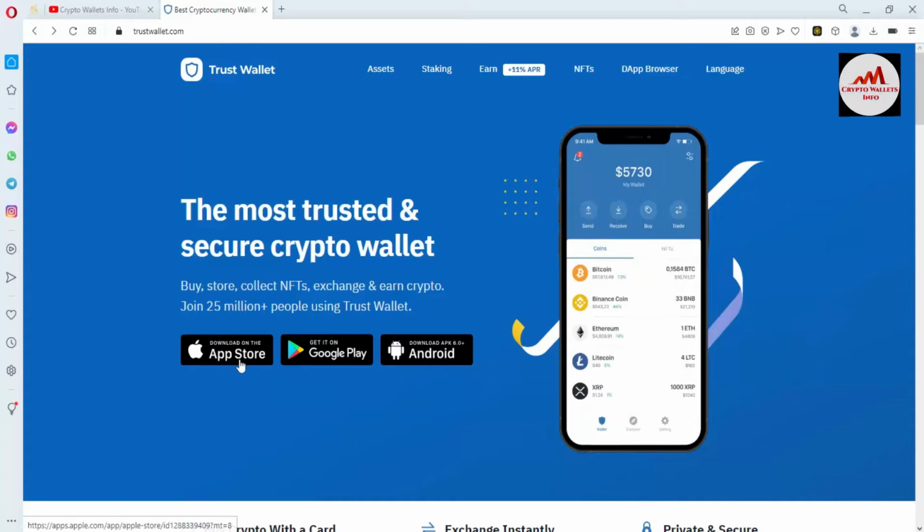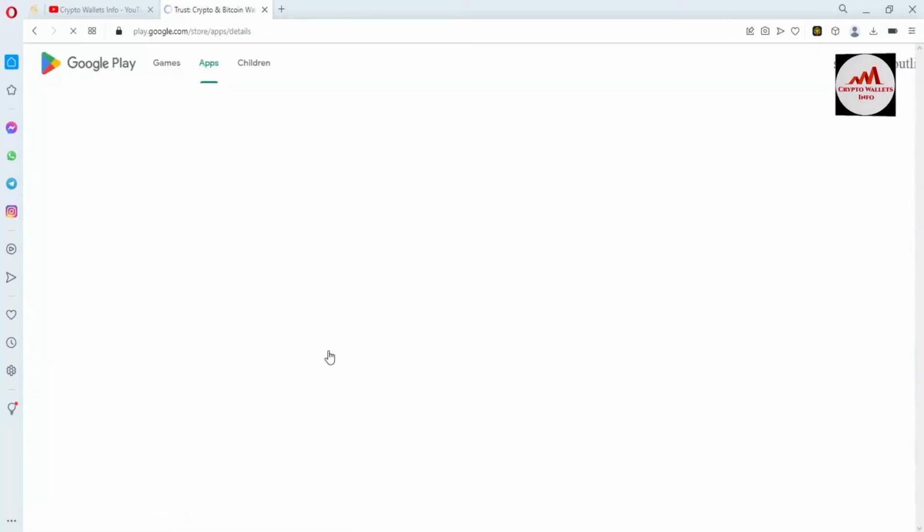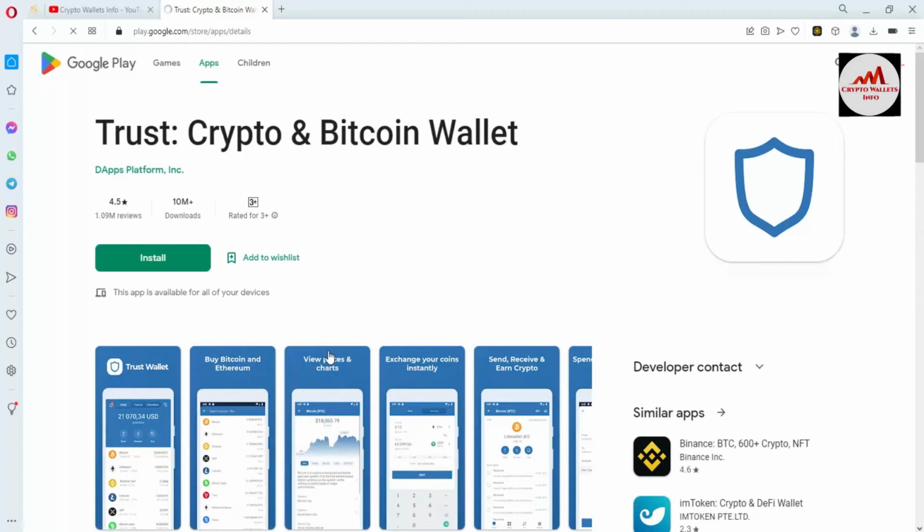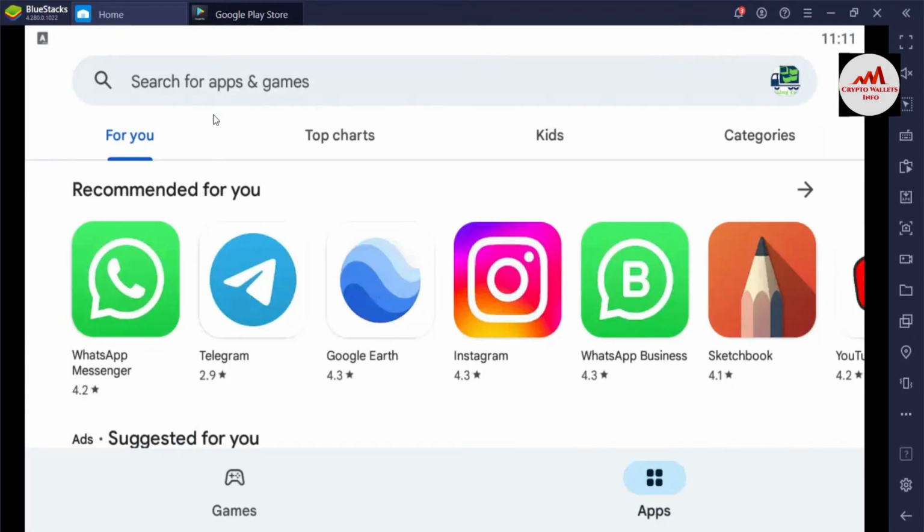Simple, go and click on the application you are going to use. Let's suppose I have a mobile, so I need to use the second option, Google Play. Simply click on it, and then the install option. I have already installed BlueStacks for the mobile version, so I directly open BlueStacks. You can see here in your mobile the interface will be shown in front of you like this.